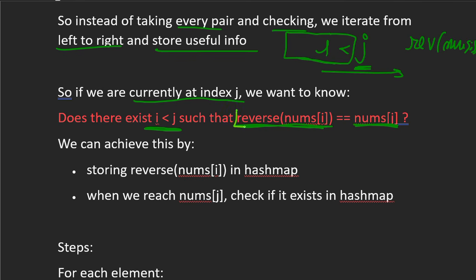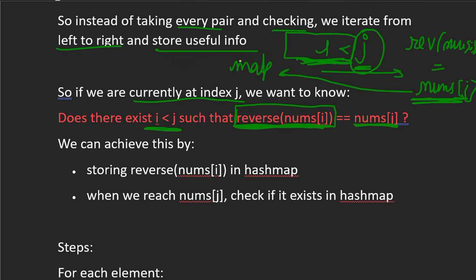So we store the reverse value of all the previous elements whose index is lesser than j. Then the second condition is that reverse of nums of i should be equal to nums of j. So we check if the value nums of j is present in the map or not.